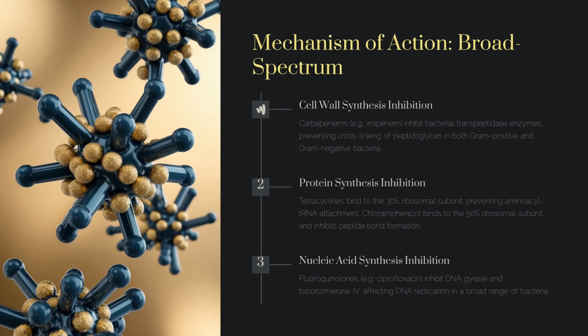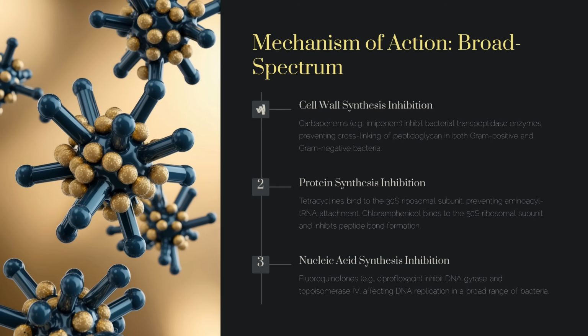Second is inhibition of protein synthesis. Like tetracycline binds to the 30S ribosomal subunit reversibly, which prevents aminoacyl tRNA attachment. Then chloramphenicol binds to the 50S ribosomal subunit and inhibits peptide bond formation. Third example of mechanism is inhibition of nucleic acid synthesis, that is fluoroquinolones. In this category, the example is ciprofloxacin, which inhibits DNA gyrase and topoisomerase IV, affecting DNA replication in